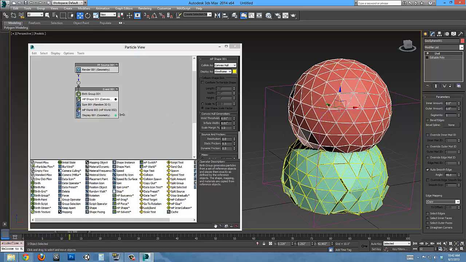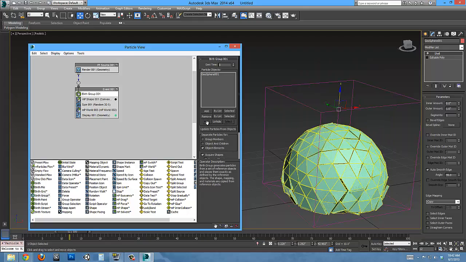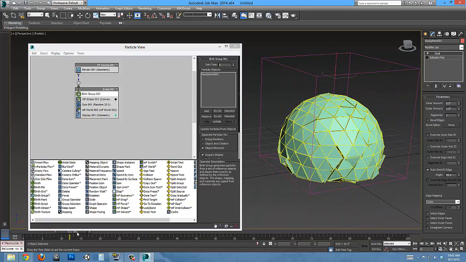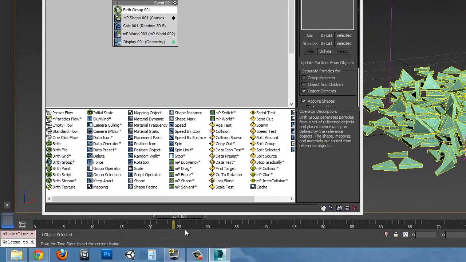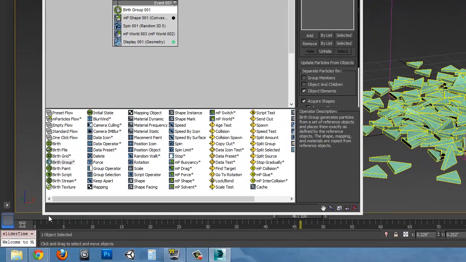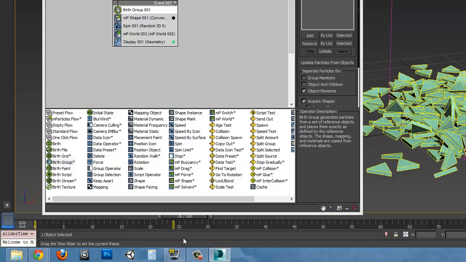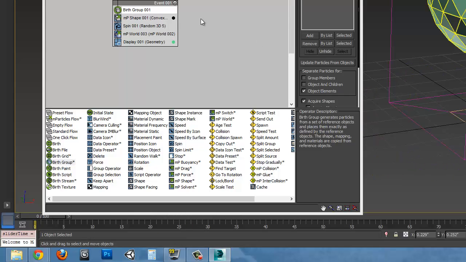So we can hide the original object, and you see that it now collides as those triangles, right? So that's pretty sweet, right? The next birth